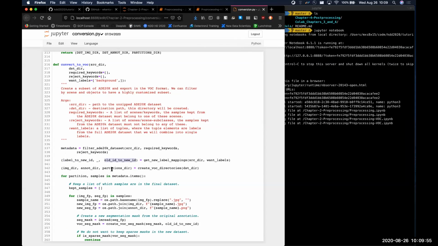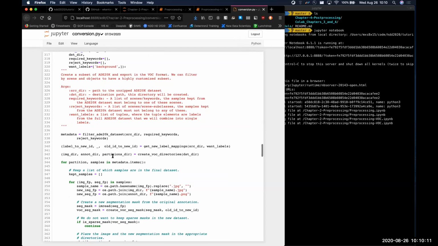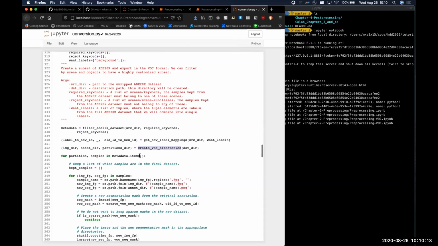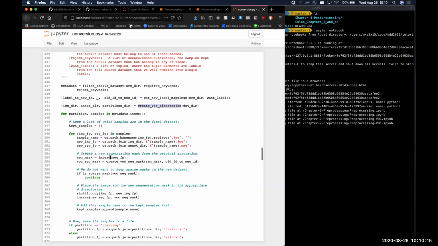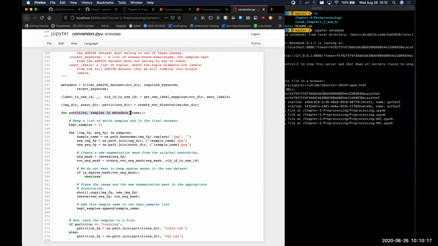And similarly, this will be the correspondence from the original AD20K number encoding for that label to the VOC encoding of that label. So again, 2800 might become 3 in the case of the chair. We'll create the directories here, and then what we'll do from that point is we'll just iterate over every sample